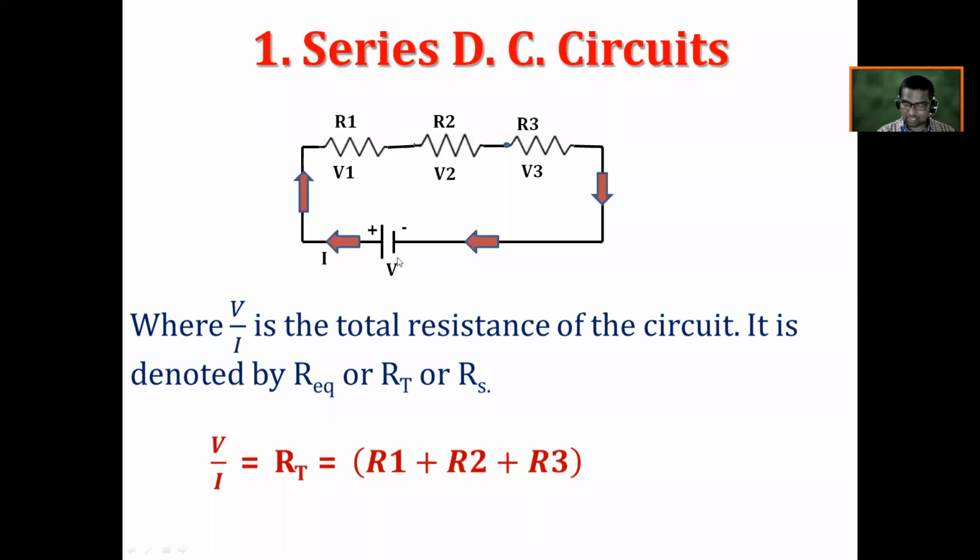If it has its internal resistance, and if we want to consider it, then we will have to add its internal resistance also. Okay. So it means that I need to write the total resistance of the circuit. It should be R1 plus R2 plus R3 plus R internal. But if we know the internal resistance, at that time we can add it.